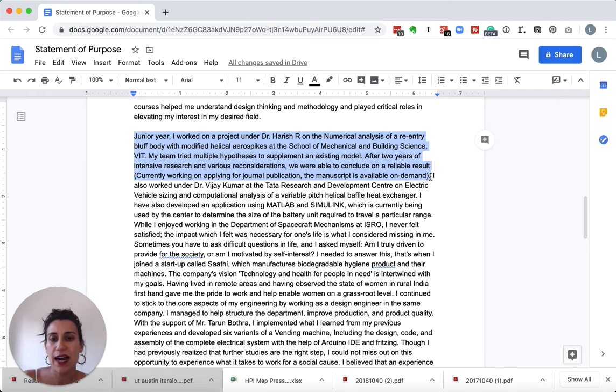So here, I'm not sure what the actual win was. So the person says, we were able to conclude a reliable result after 2 years. And that doesn't mean anything to me. Like, what kind of result? What does that mean? What was the win? What was the takeaway? What was actually important about what you did over 2 years? And so you want to get specific in your writing so that it's clear for the reader what the win is, like what was actually impressive about what you did. Because so far what I hear is you worked for 2 years and you got a reliable result after that amount of time.